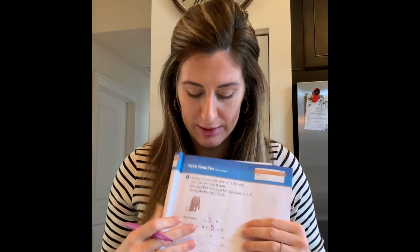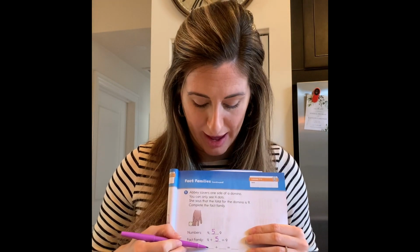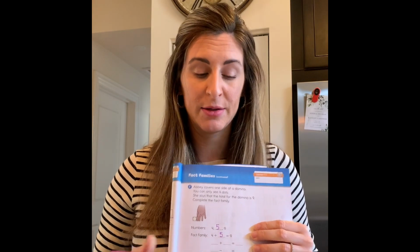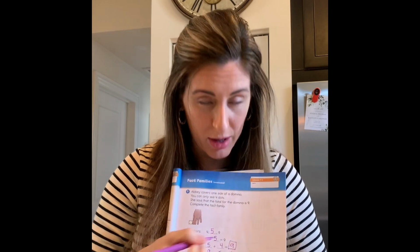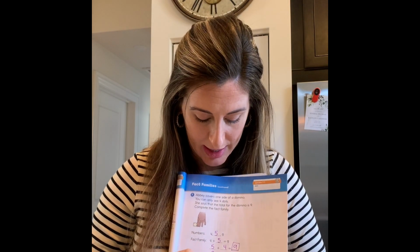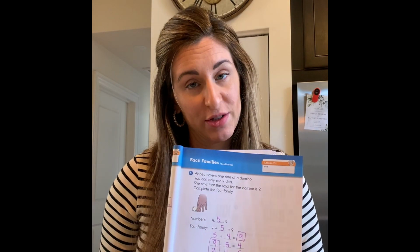One of the number sentences in the fact family is this one, so that's why you only have 3 more lines. Go ahead and complete the fact family right now. Now, I hope that you remembered to put the big number as the sum of the addition sentence and at the beginning of the subtraction